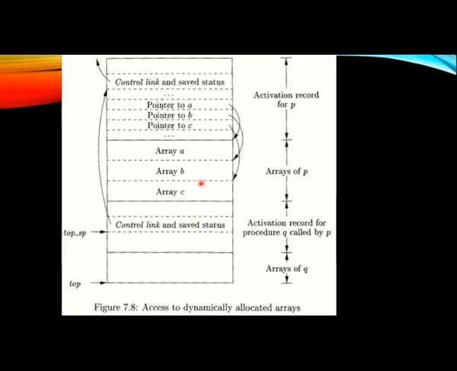For example, whenever we are invoking some record p, or calling some function or procedure p, that procedure has some links which are references to arrays A, B, C. That means it has three variables, and those three variables are array variables. At the time of compilation it just creates some links or memory locations for each and every variable.